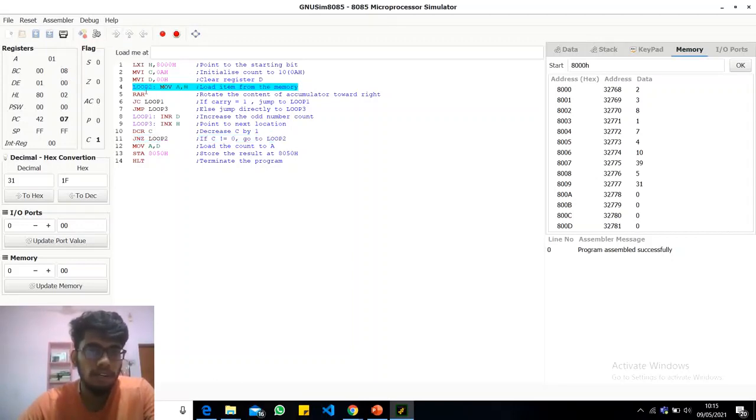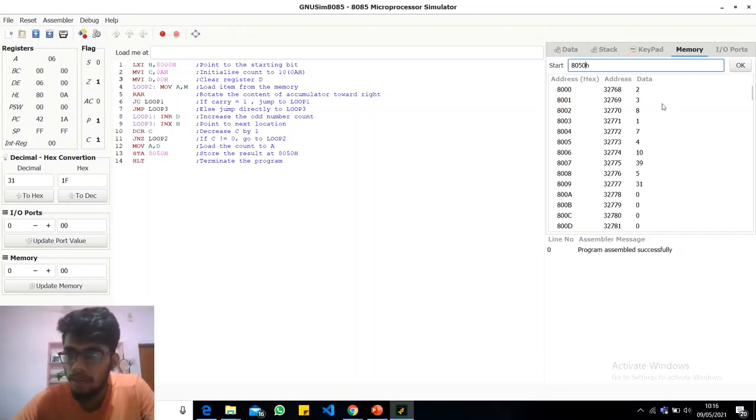Further, we will move around this loop 2. We will continue this until we reach the end of our loop. So I will directly execute, as there are 10 numbers already registered, from memory location 8000 to 8009. Upon final execution, we can check whether our count is generated. As you can see, the odd integers are 1, 2, 3, 4, 5, 6, so the count should be 6.